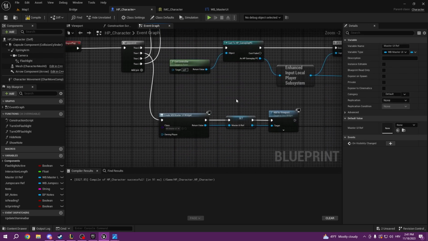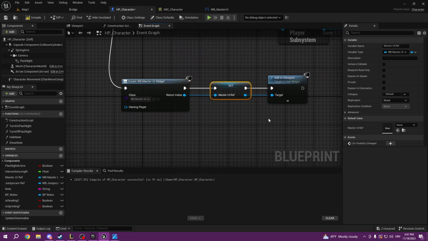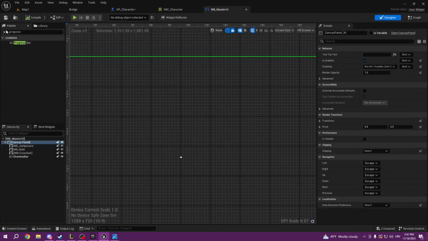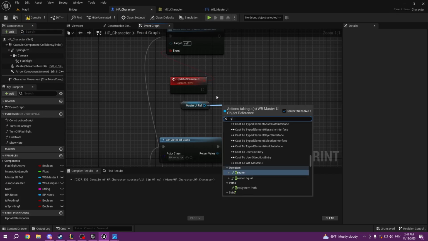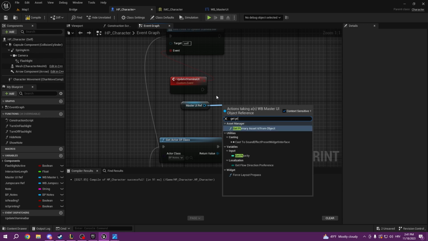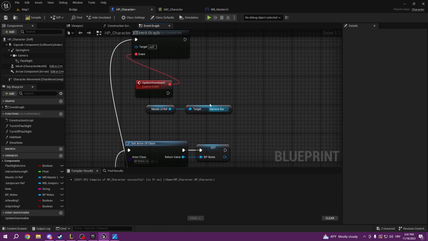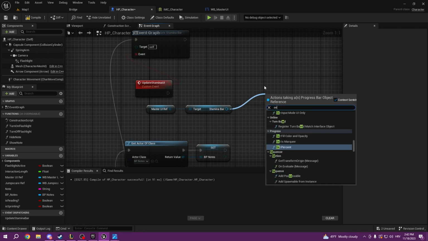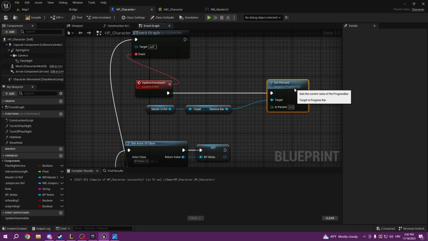So if you remember how we get this, we basically called it here, we created it, and then we got a reference to it. So from this master UI ref, because we made the progress bar inside of it, we can just call it from there, and we can just get progress bar, stamina bar, sorry. So now we have a reference to the stamina bar, and we want to set the percentage of it. So pull it from the stamina bar, and our